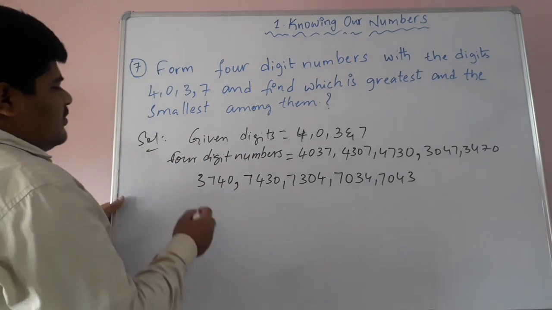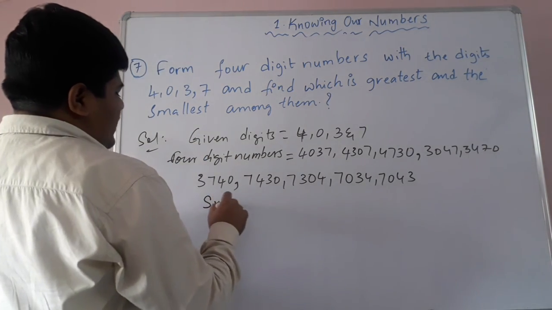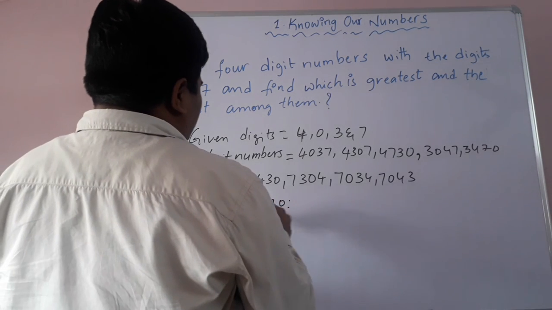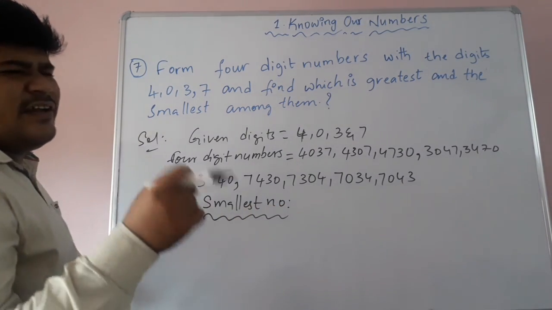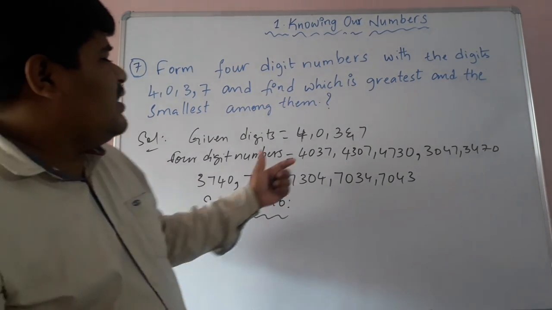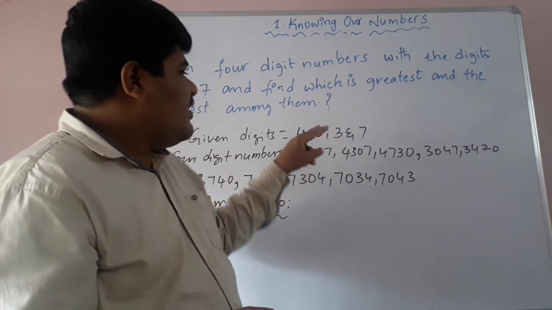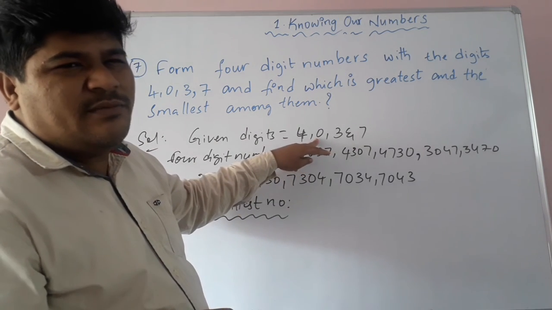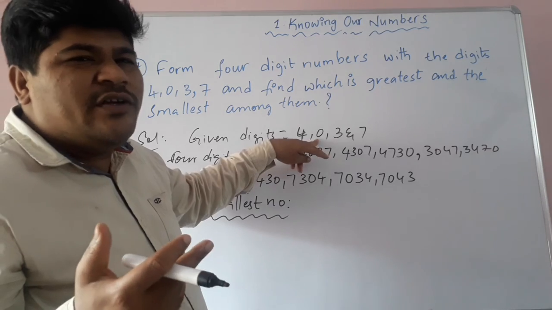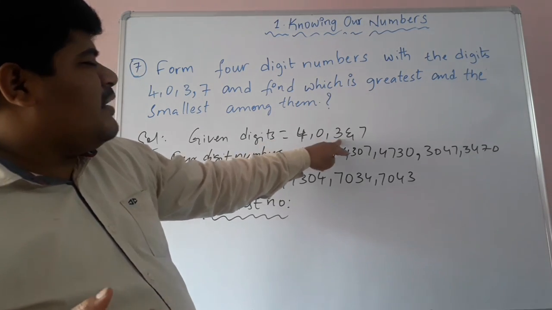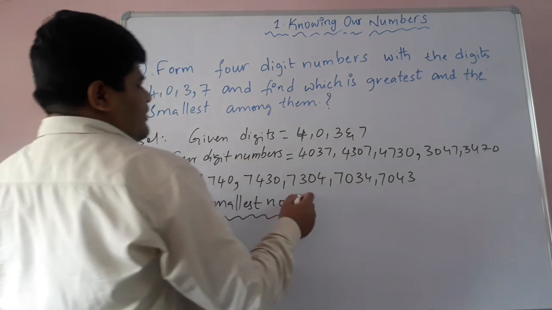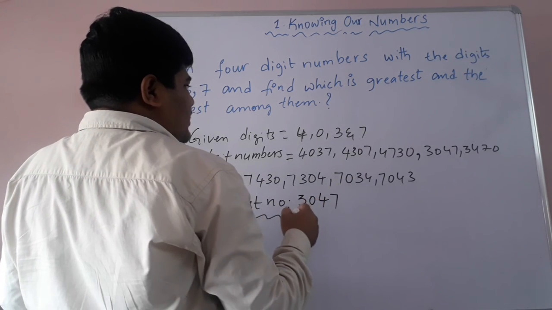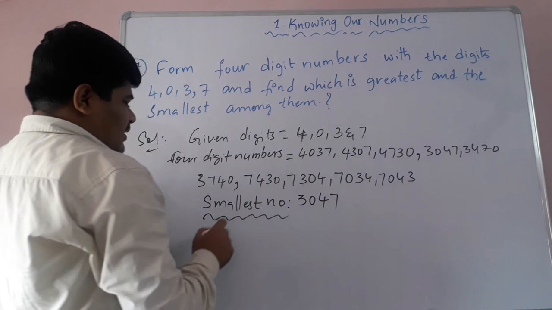Okay. Now the smallest number which can be formed with these digits. Smallest number means just a very simple technique, children. We have to write the given digits in ascending order. But zero is the first. If you write zero as the first number, then we won't get a 4-digit number. So after zero, what is the next big number? 3, no? So first write 3, next to it 0, 4, 7. Okay, 3,047 is the smallest number.